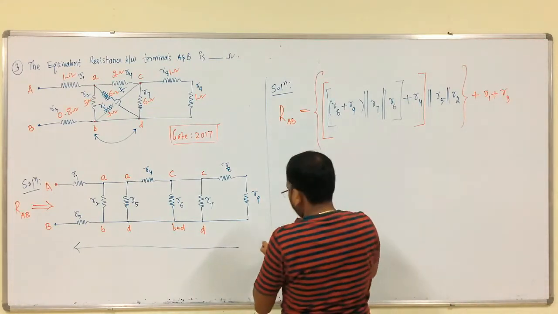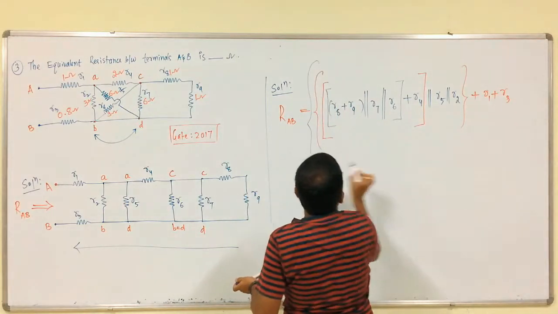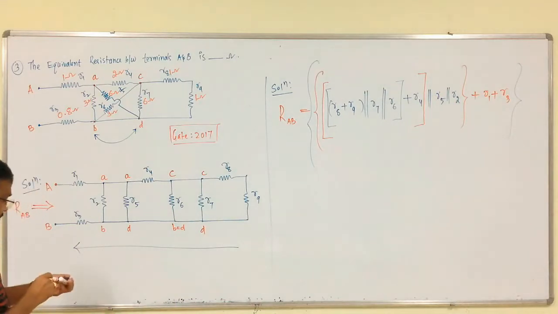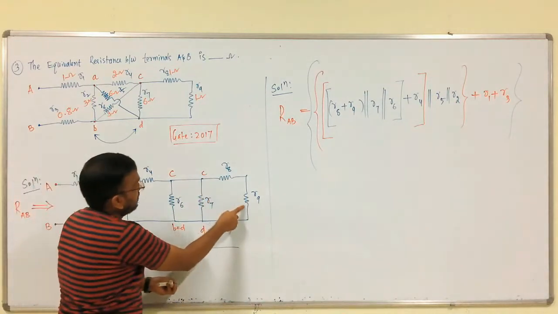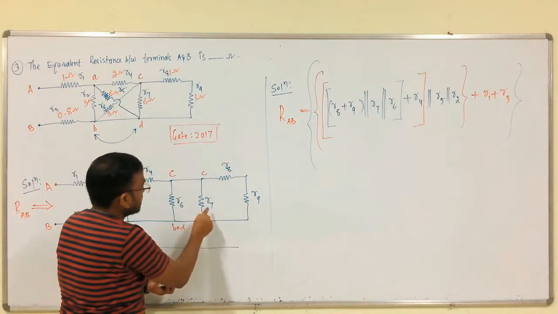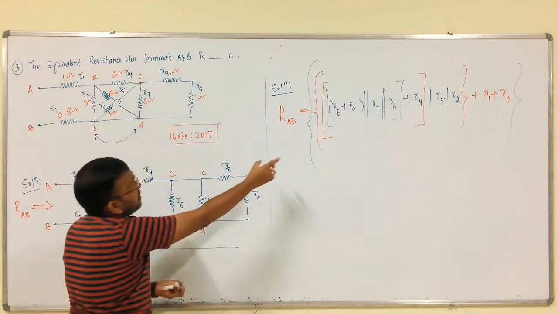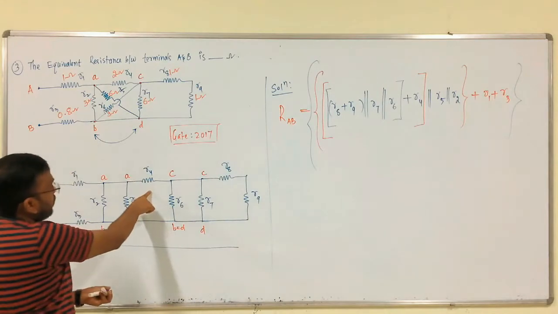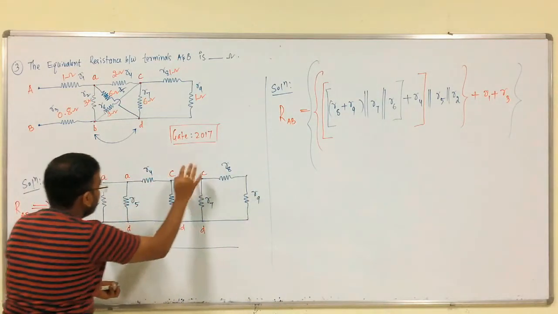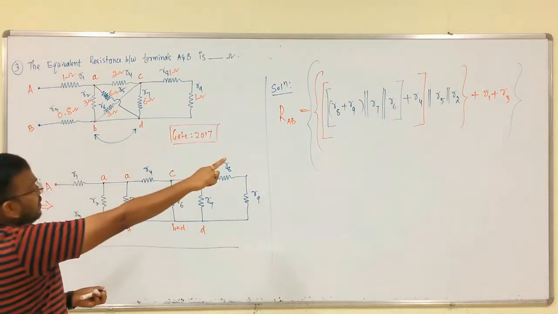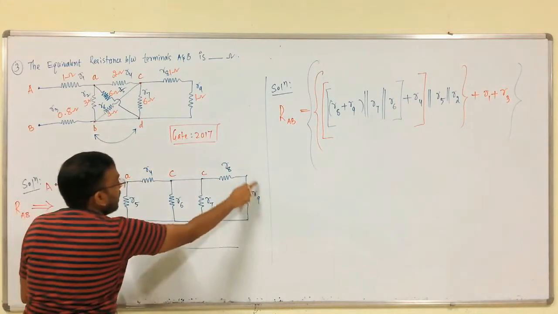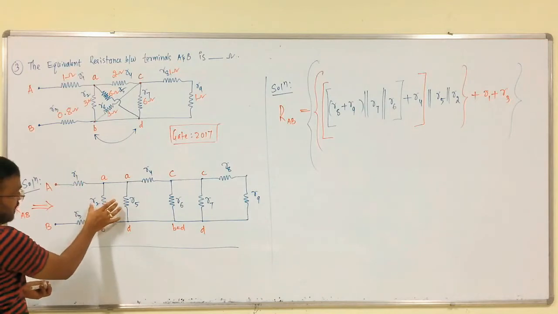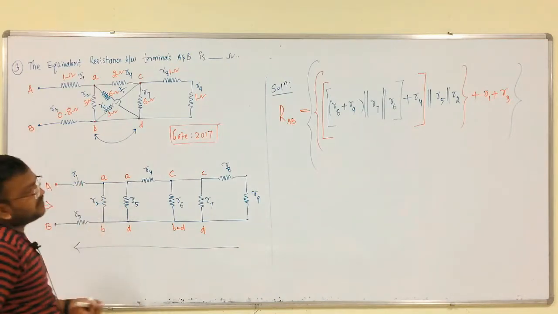This is the answer, right. So, R8 plus R9, this combination is parallel with R7 and R6; these 3 are in parallel. This whole combination is in series with R4. Again, the entire combination is parallel with R5, R2. Again, from here to here, the entire combination is in series with R1, and the series combination of this equivalent circuit and R3. That is it.